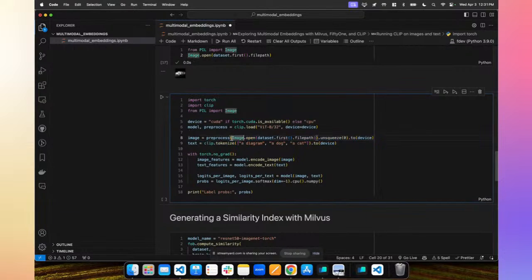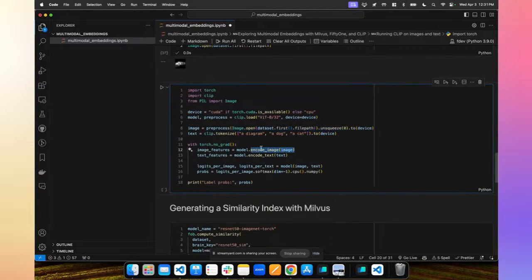Here we pass in, just as an example, this first image, and pre-process it. What this pre-processing does is make sure that the means and the variances are correct, and that the number of pixels the model expects in the width and height are satisfied. And then we encode the image, so we have to specify that we want to use the image encoder to do that.